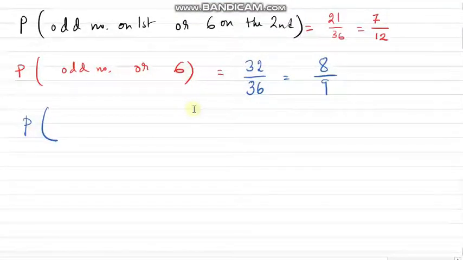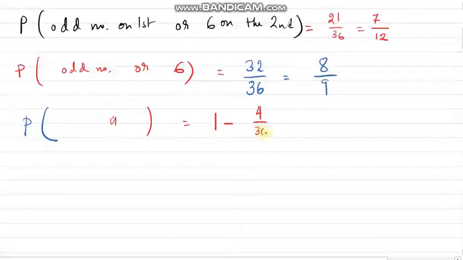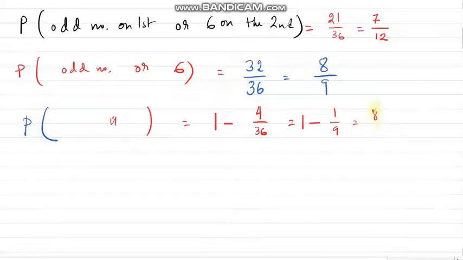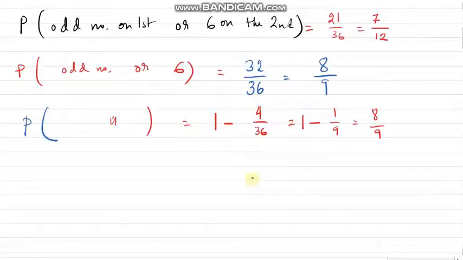Right? So for this event, if I calculate it like this, 1 minus 4 divided by 36. That is 1 minus 1 divided by 9. Simple answer, 8 divided by 9. So many times in probability, we have to find the not of that event, or the complement of that event. From there, you will understand what the original value of that event is.